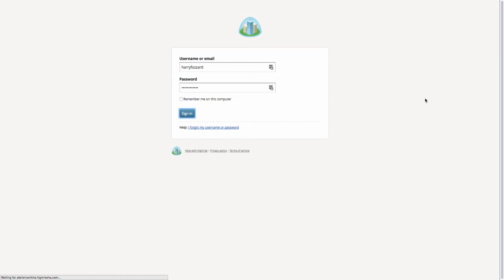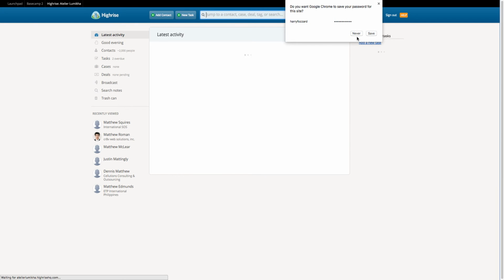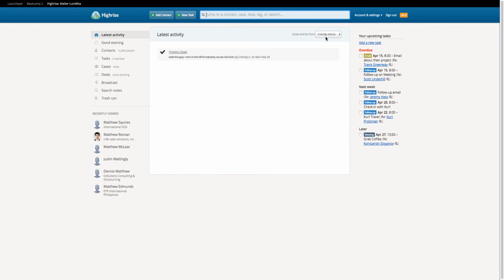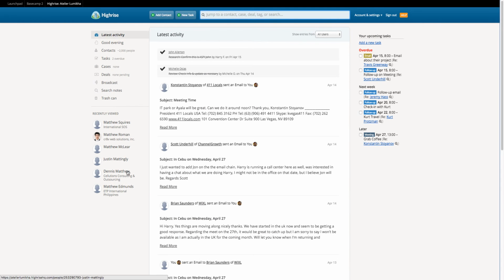Then while that's loading, we'll just be looking at the latest activity screen, which presents any recent activity. You can look at all users. You can also just look at yourself, depending on your level of access. So right now, this is just showing me mostly activity that I've executed, like deleting people or checking off